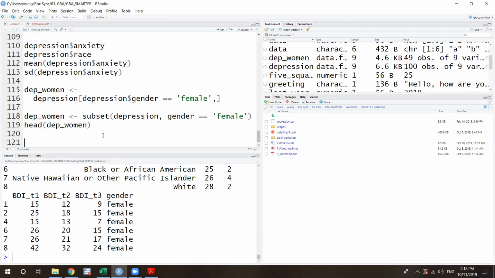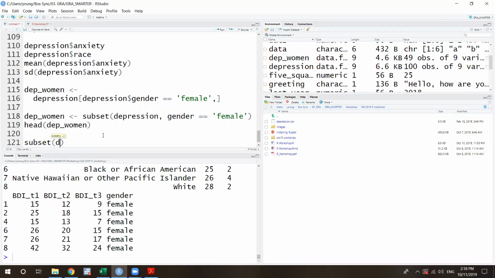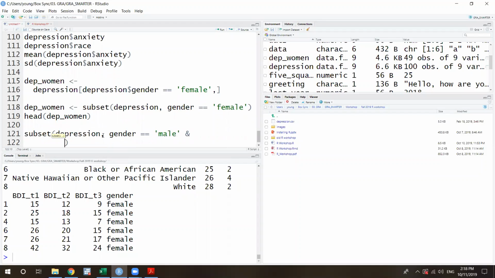Also, you can use multiple filters using the subset function. For example, we want to have males over 30 years old. Then we're going to subset the differentiation data, and for the filter, I'm going to put first gender, double equal sign, male, and age over 30.